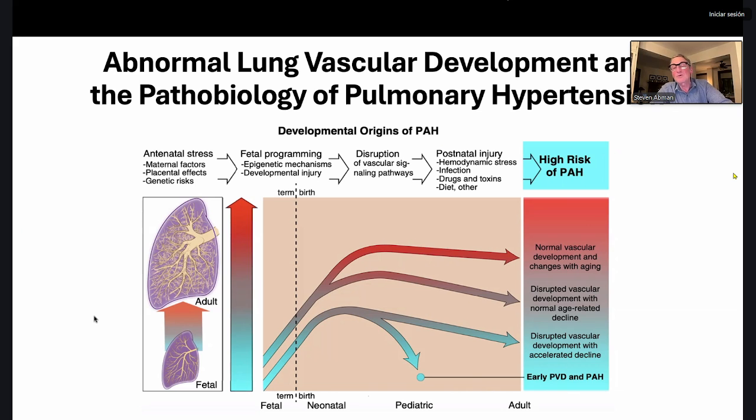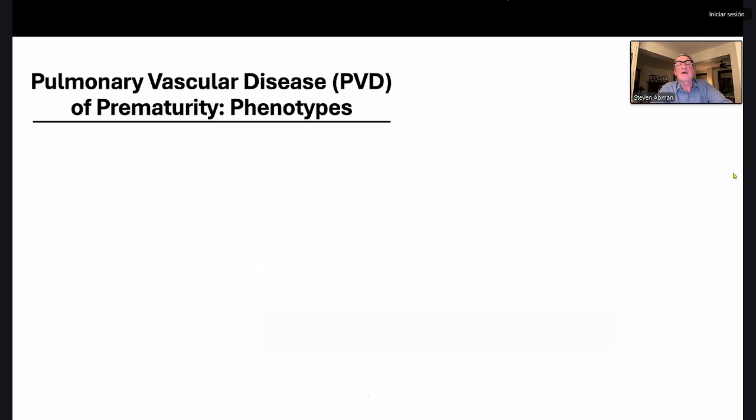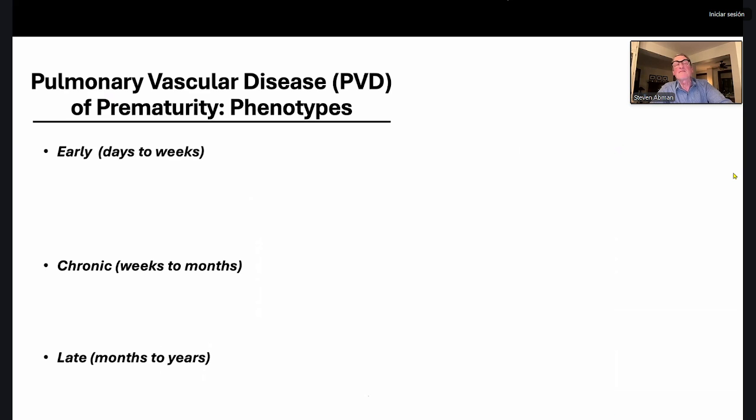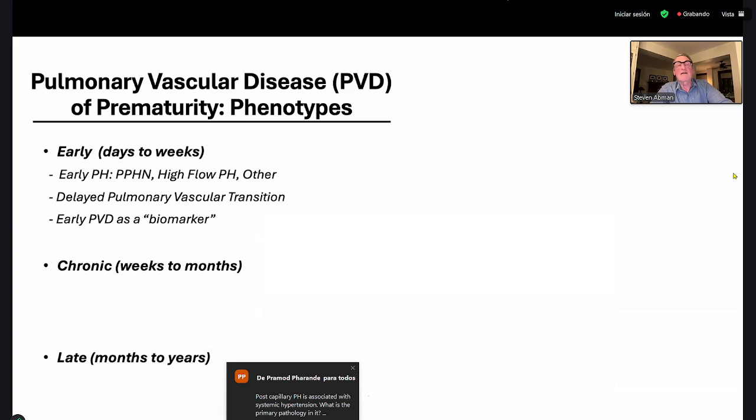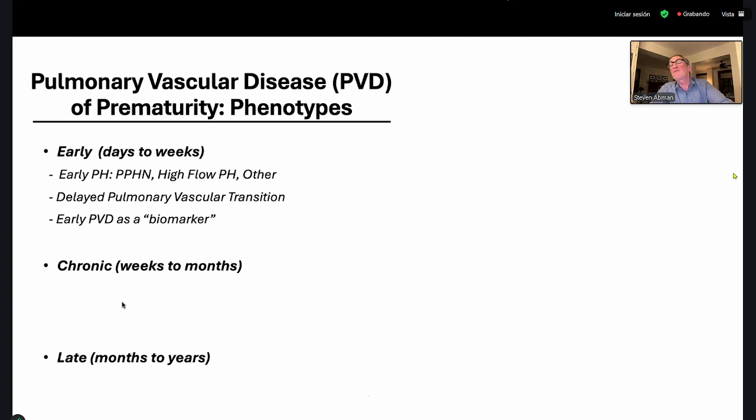And there's some data supporting this concept, even beyond prematurity itself. So many interesting features. So to summarize then, we think of pulmonary vascular disease at least in 3 different periods. Early, meaning early PPHN. We have to rule out high flow and other causes, not just the PPHN from vascular disease. It could be delayed vascular transition, the roller coaster we talked about, or maybe it's just an interesting biomarker,